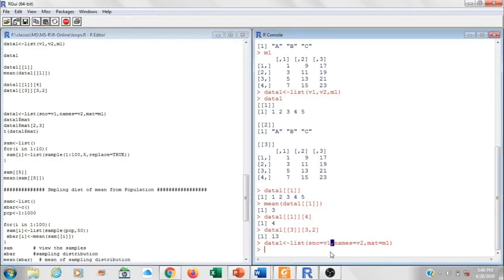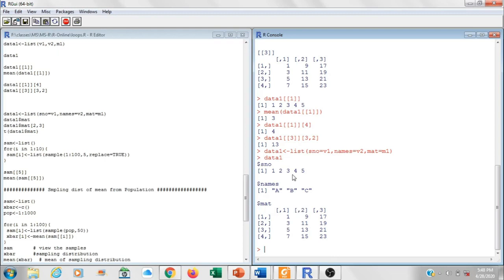Now let's see what happens if I want to view the list. I would just write the name of the list, data1. This time the elements were referenced not by the double brackets but by the $ sign. So I can extract any element of the list using the $ sign. For example, if I want to view the matrix from the list, I would write data1$mat.